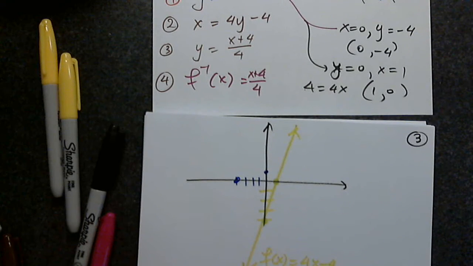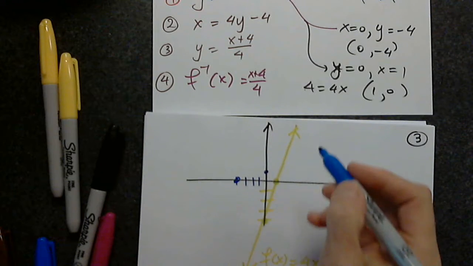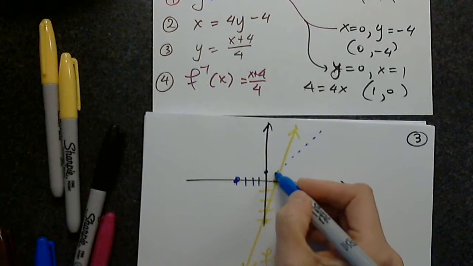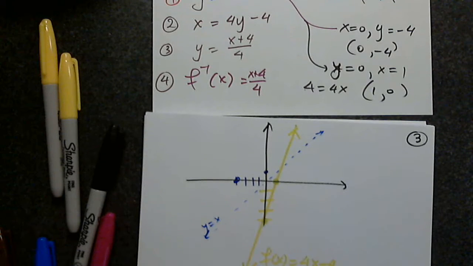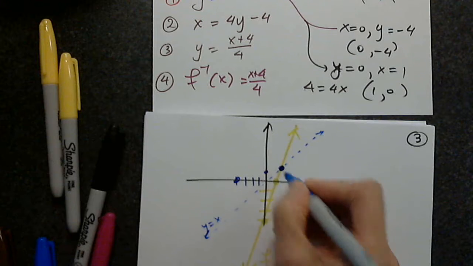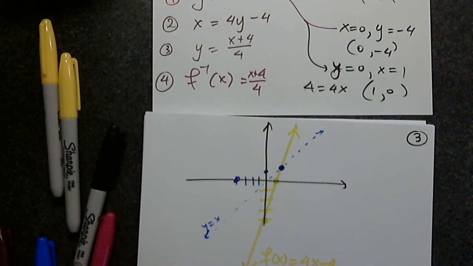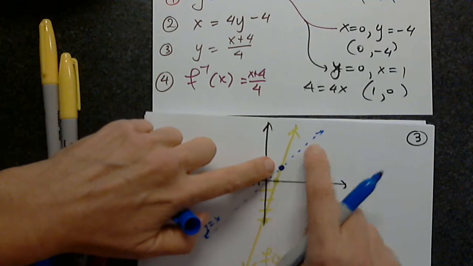Now, before I draw this graph, remember something very important: the graphs of f and f inverse will always be symmetric with respect to the line y equals x. So please graph y equals x first. This is not part of the graph, but where f crosses this line, f inverse must cross,